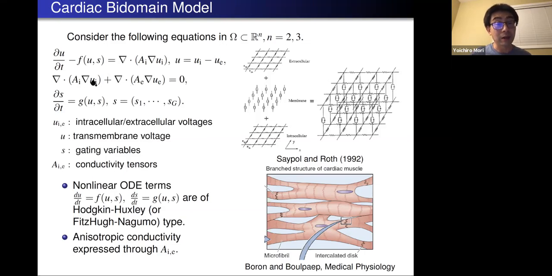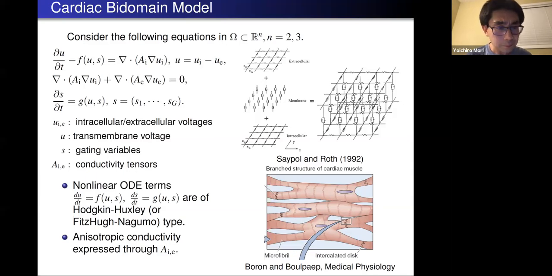And we also have this second equation here, which is essentially the current continuity equation as applied to the extracellular space. These first two equations can actually be thought of as the continuum limit of this equivalent circuit diagram that you see on the right-hand side. So you can see the intracellular resistive network and the extracellular resistive network. These two networks are connected through membrane electrical circuit elements, which are composed of a capacitor and an ion channel element